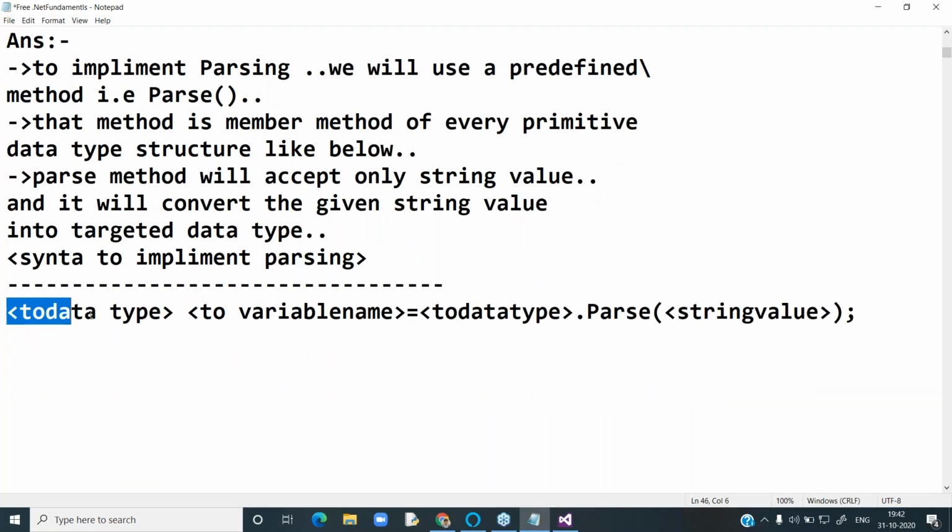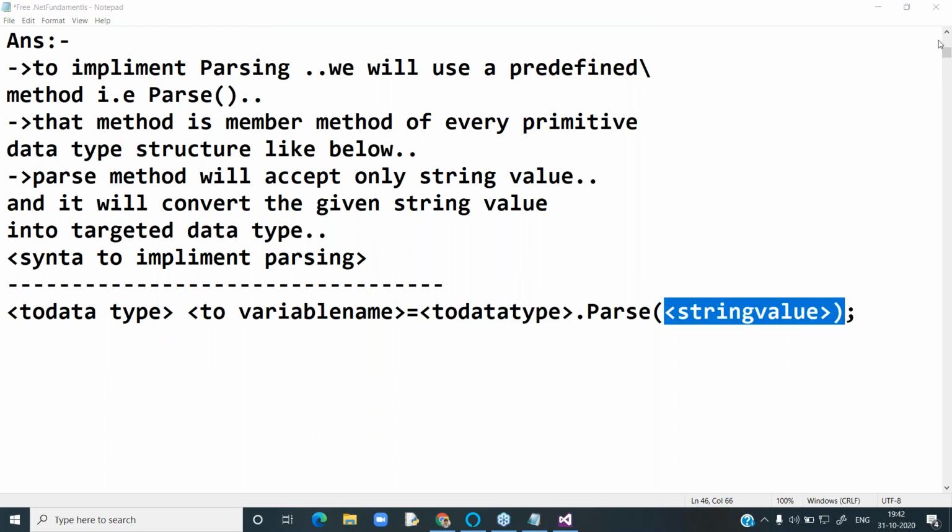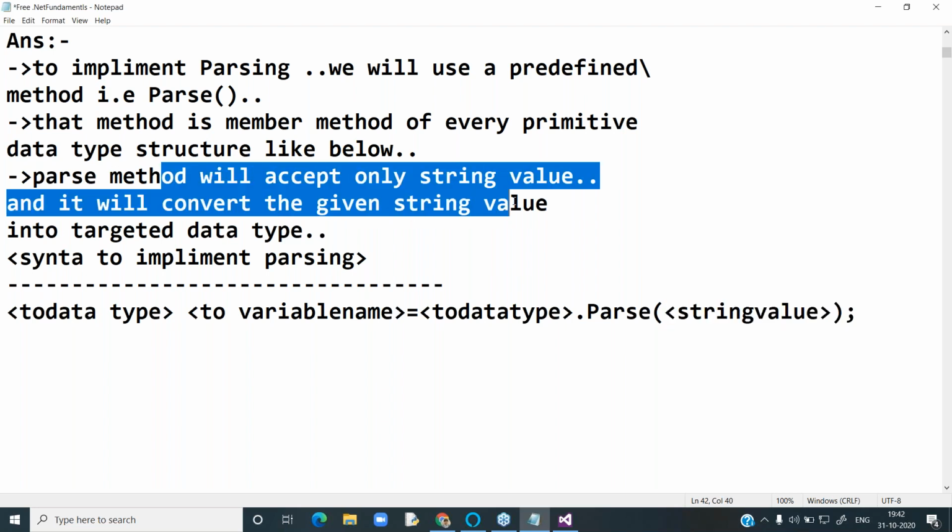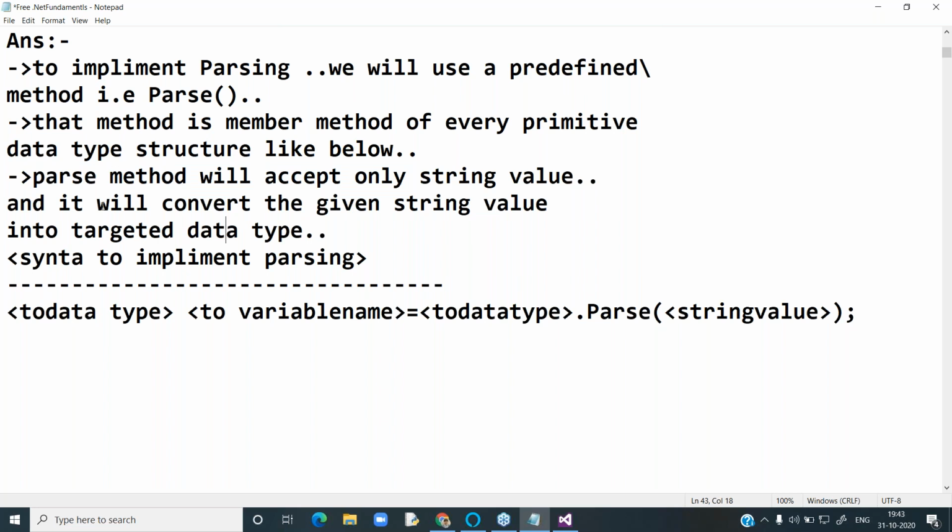That's why: to data type, variable name, data type dot parse of a string value. The parse method will accept input only as a string value. Why?